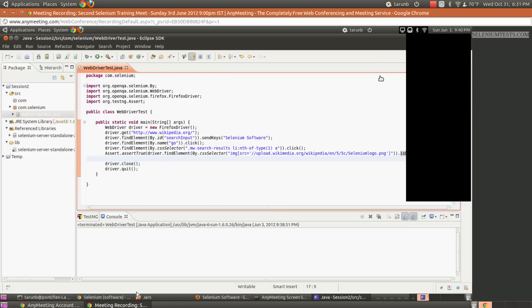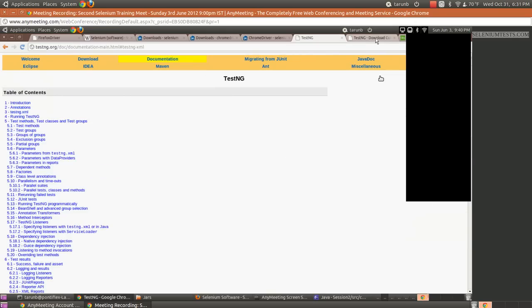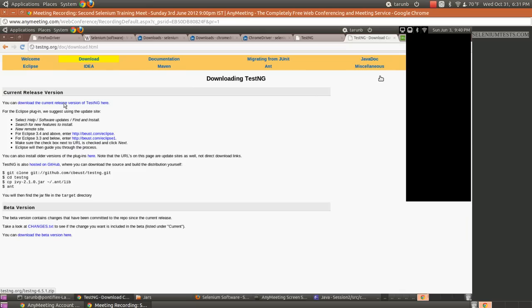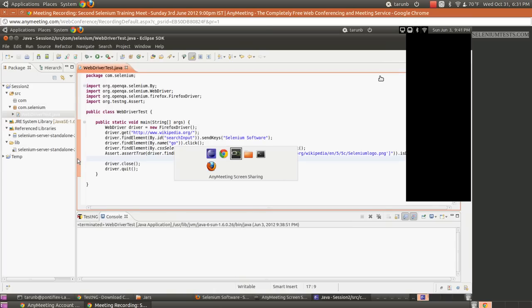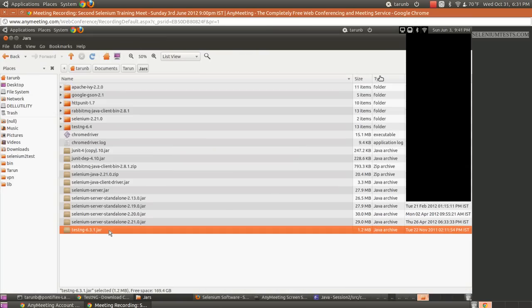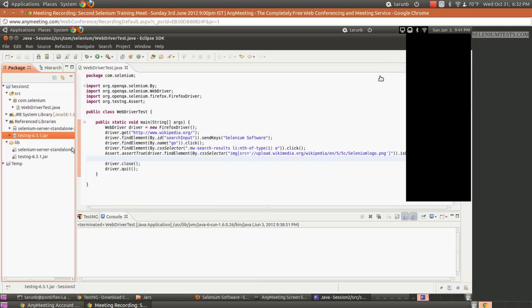So before being able to use the TestNG framework, you will have to download it from the TestNG site. So if you go to the TestNG site in the download section, yeah, you have this link using which you can download it. It also has a plugin for Eclipse. So using this plugin in Eclipse, you can execute tests in Eclipse. Yeah. So let me just copy the TestNG library at this point. I had downloaded it earlier. Yeah, this is the TestNG library. I just copy it. I'll paste it in my library folder. So it comes here, and then I'll add it to the build path. Yeah, so it comes here.